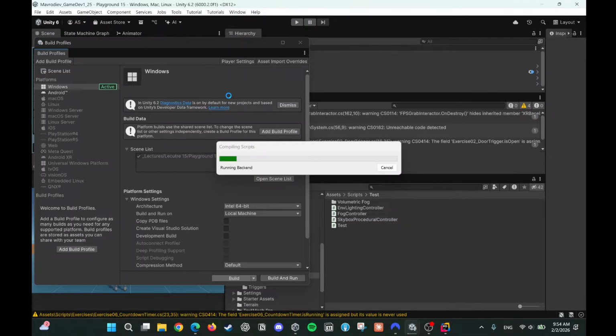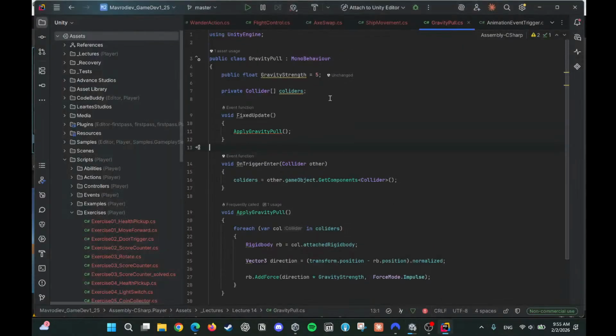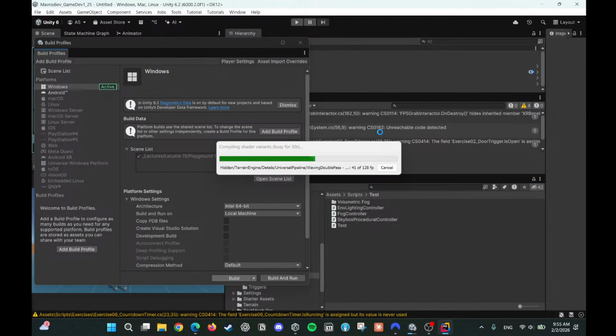So let's see if this was the only problematic tool here. Okay, it seems like so. So anyway, I deleted the tool now because I really don't need it. But if you needed the script, you can just keep encapsulating stuff in this if Unity editor, right? This is the simplest solution. There are other ways as well, but